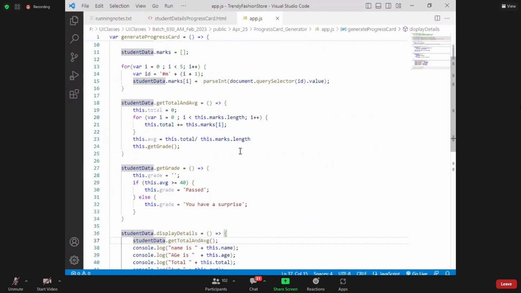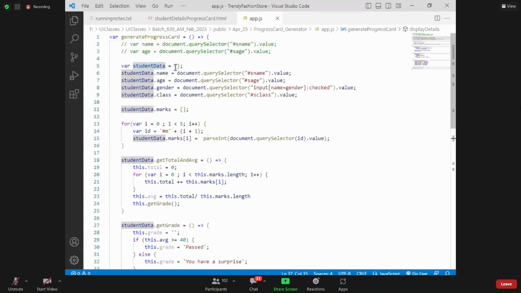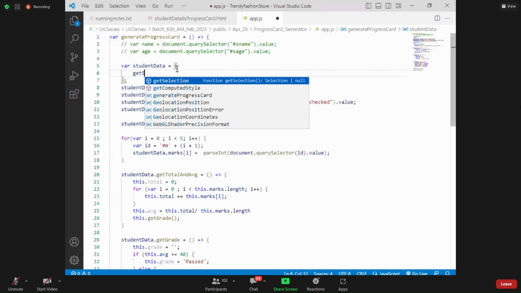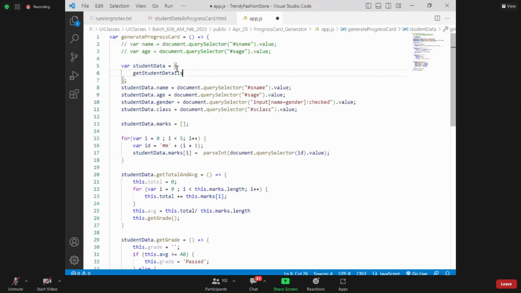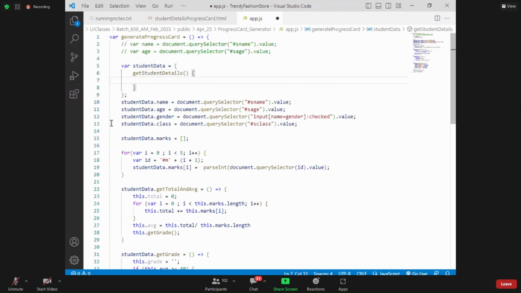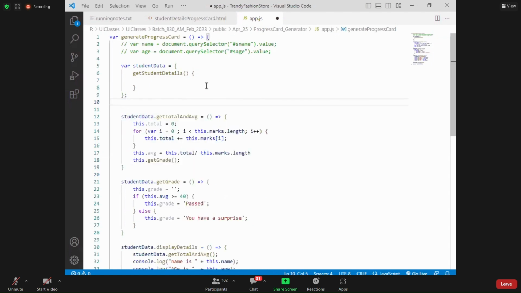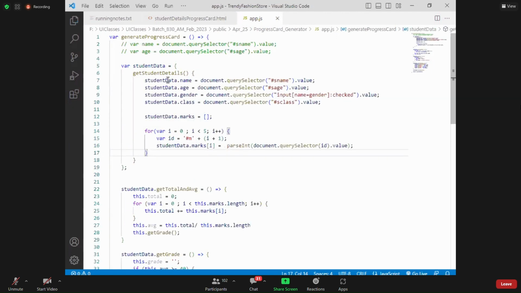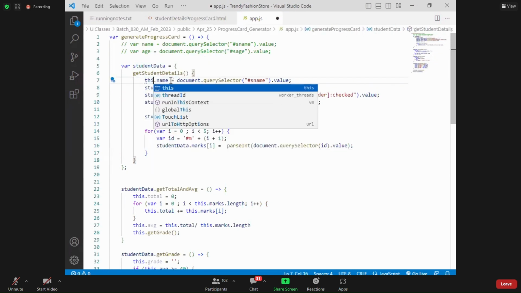This is the problem we have with our arrow function. When I'm using the arrow function, it is from ECMA 6, so you need to follow the strict rules of ECMA 6. You know what I need to do? Instead of the student data, I can say something called get student details, which is going to be a method. Under that, I can add this guy. Instead of this, I can say this dot